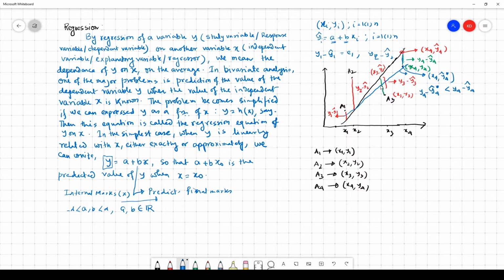Again, you see this is y3 minus y3 hat star, which is again less than y3 minus y3 hat. And here if you use this straight line, then you see that again this error is smaller: y2 minus y2 hat star is less than y2 minus y2 hat. Similarly, if you use this straight line, again the error here is smaller than the previous. Okay, so in that situation we can easily see that if you use the green straight line,